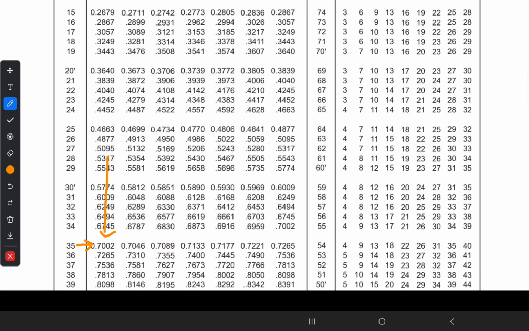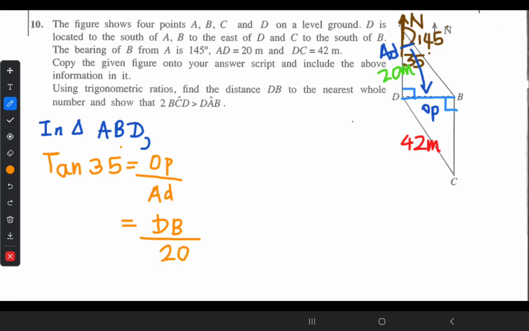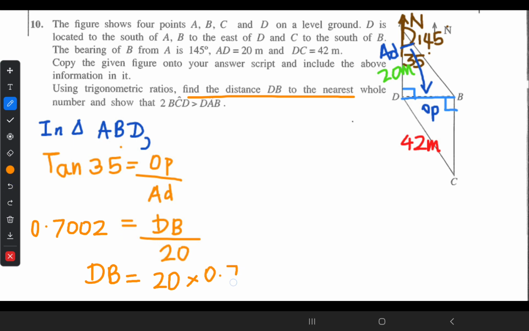That is 0.7002. This is our tan 35 degrees. In the natural tangents table, you should find tan 35. That is 0.7002. Now we have our tan 35 as 0.7002. What is our question? To find the distance DB to the nearest whole number. So DB would be the multiplication of 20 with 0.7002. We have to cross multiply this. That will give you DB as